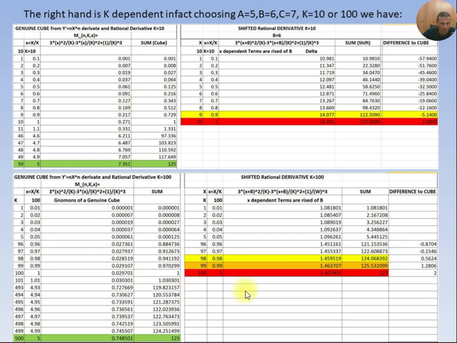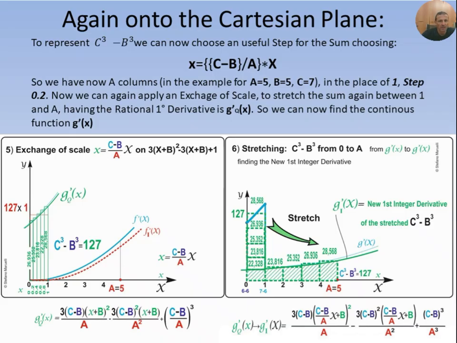This is not the point of the proof. This is just to show you how this algebra works, and then let one think more easily using a table of numbers. On the Cartesian plane, we can represent c cubed minus b cubed as we did before, and we arrive to move the columns from here to here, and you can see in the example is a rectangle having base 0, 1 and